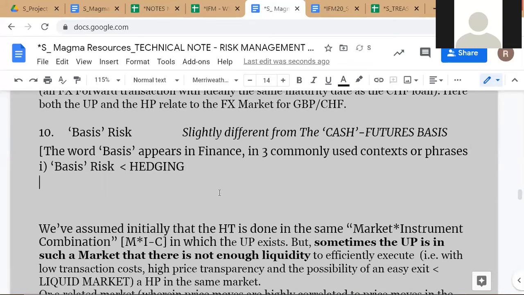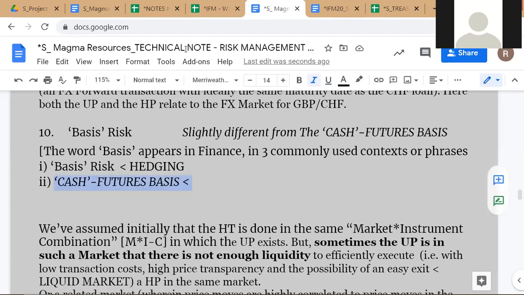Then the second one is the part I mentioned here, which is cash futures basis. You can refer to the Halbasu example where you see the narrowing of the cash futures basis. So this comes up in the context of